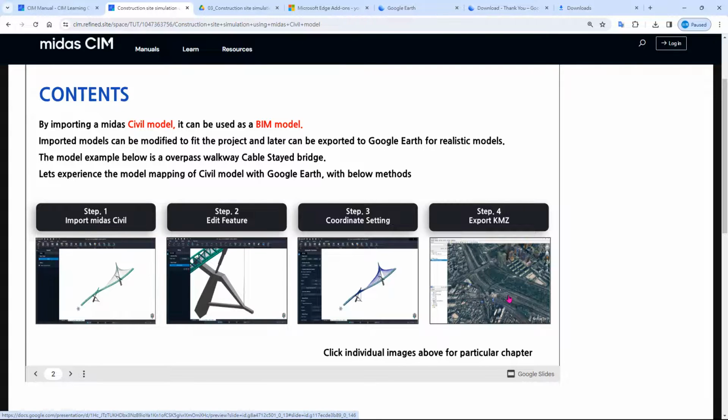So it means that you take the coordinate in the Google Earth, and you implement them in the coordinate system in the Midas CIM, and after that you can export them from MCT, because the file in here is .mct from Midas, and then you export them to KMZ, and then you can see them in the Google Earth.